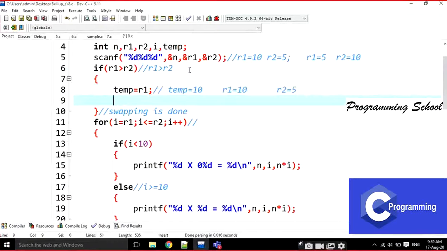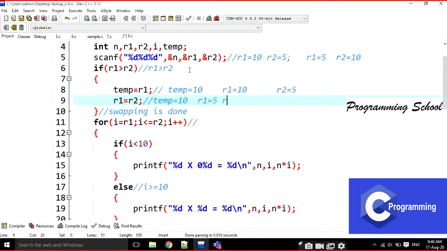Now, I am going to take the copy of R1 here. That means I can overwrite R1 now. Okay? Now, R1 is equal to R2. What is the temp value now? Temp value is 10. What is R1 value now? What is R2 value? That is going to be placed in R1.